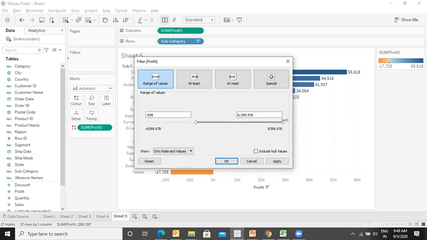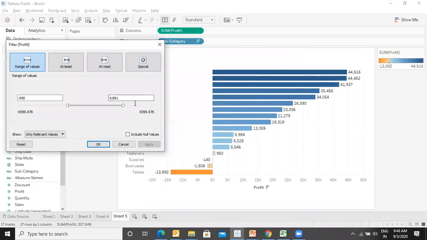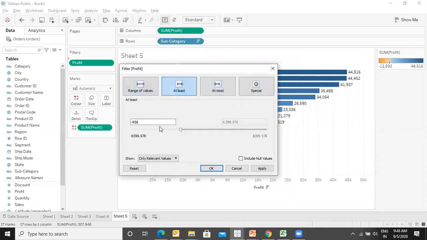So relative values, where you want to give a range. Within this range, I want to display only those subcategories where the profit is between this range. Say apply. So these are the ones in which I am generating the profit within this range, right? Or I can say at least 0. Say apply.